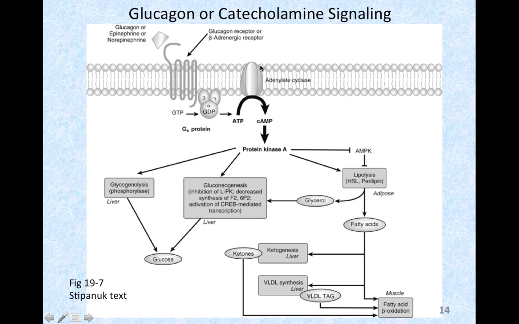adenylate cyclase. Adenylate cyclase takes ATP and turns it into adenosine monophosphate, but it's in its cyclic form. So it cyclizes ATP, and now cyclic AMP stimulates protein kinase A. Okay? Now, again, these molecules are going to be functioning to provide energy in this scenario because, remember, this is a fasting or starvation scenario. So protein kinase A